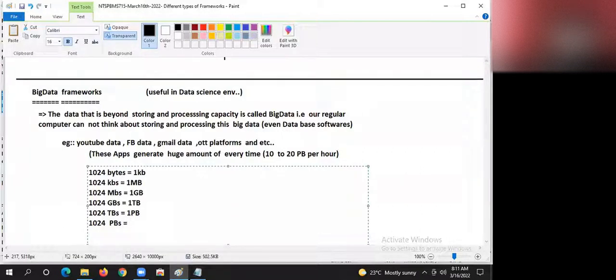Does anyone know that? Okay, 1 exabyte, guys.